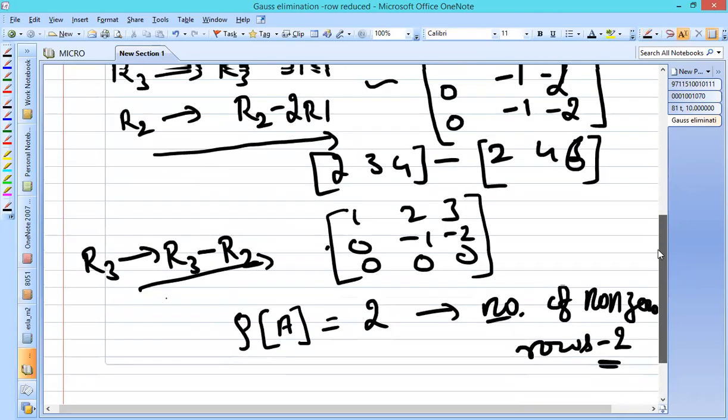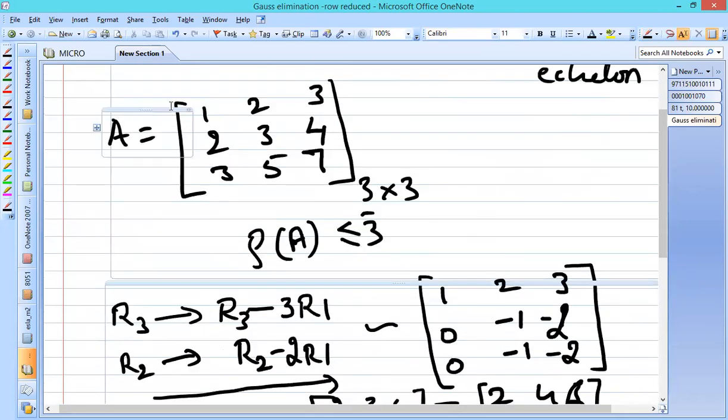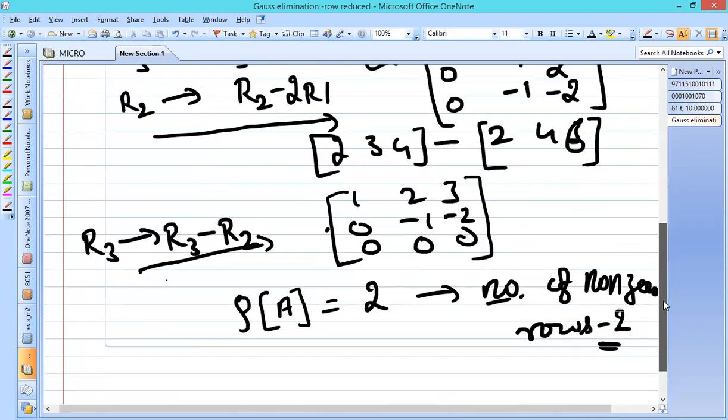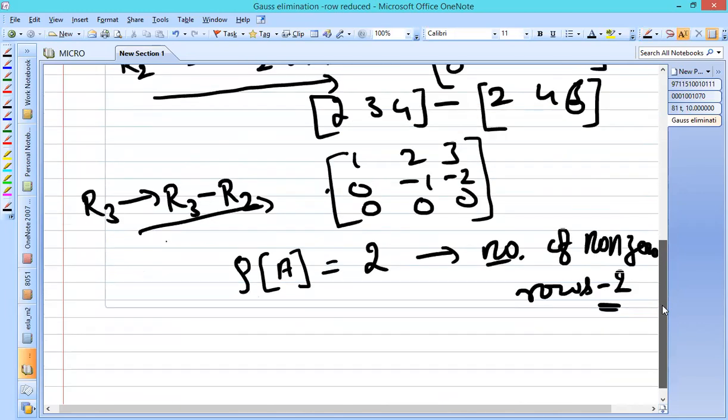So in the direct method, what were we doing? You used to consider the entire elements, find the determinant, and calculate the rank of a matrix. Suppose you did not get 3 cross 3, then we used to have 2 cross 2 elements with all combinations and try to find the rank of a given matrix. In this row echelon method, we apply the elementary transformations in order to get the reduced form of a matrix.